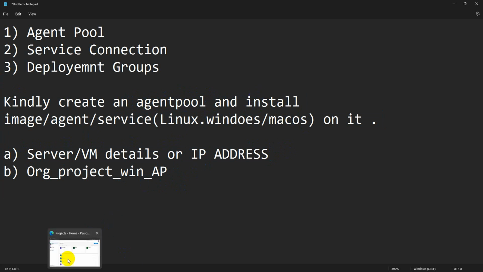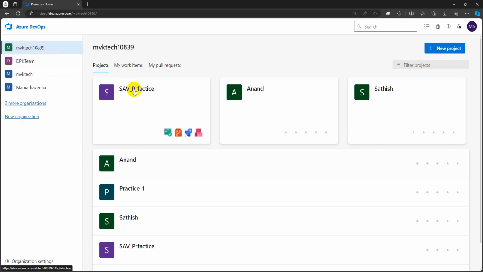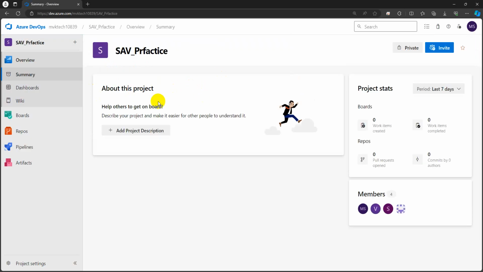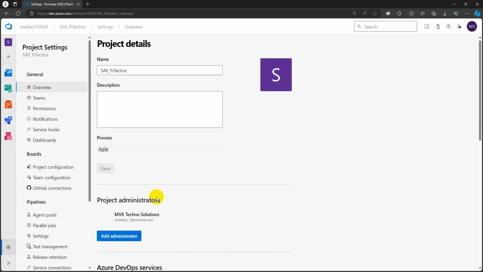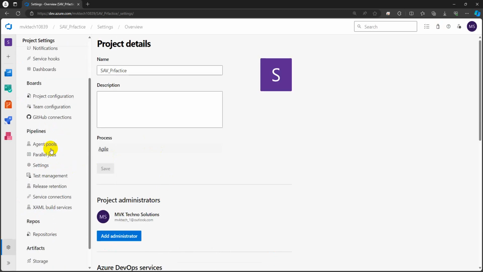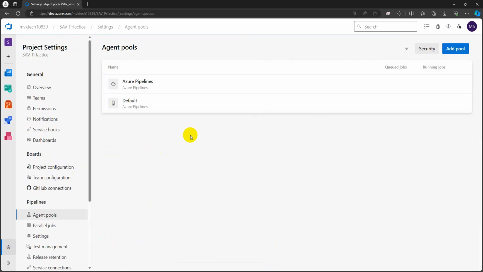So go to the Azure portal, open any project in which you are going to create the agent pool. Select that project, open it, and go to project settings. In the left hand panel there is a pipeline section. In that pipeline section, the very first option we will find is agent pool. Click on agent pool. Now what we are going to do, we need to create an agent pool and install